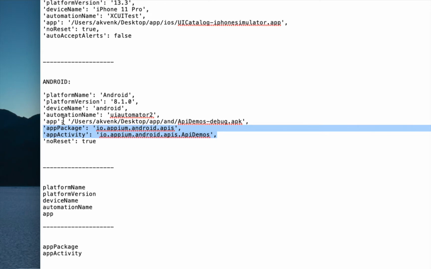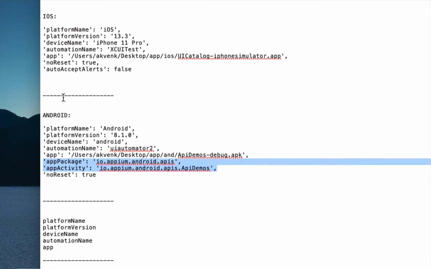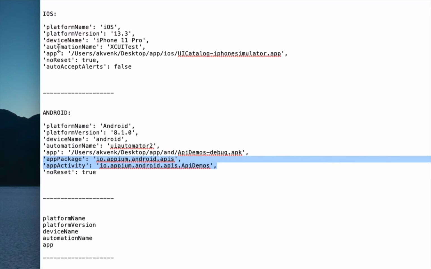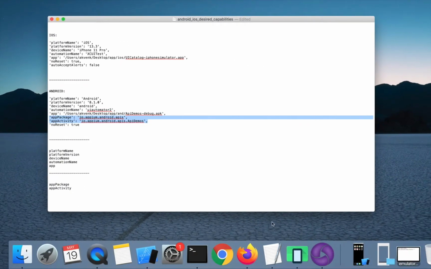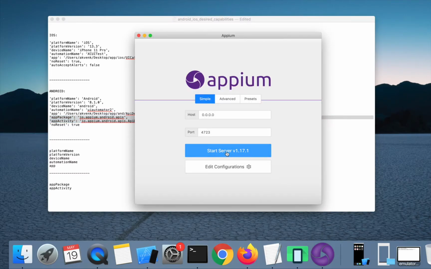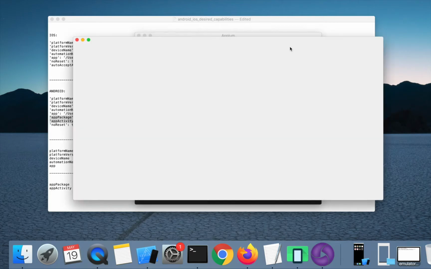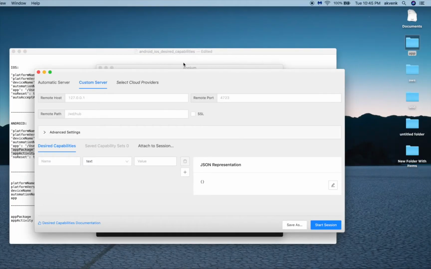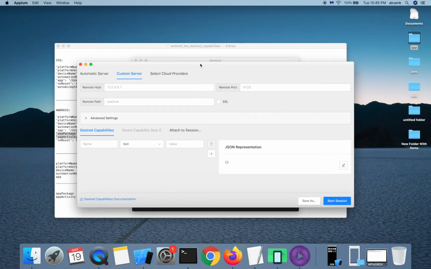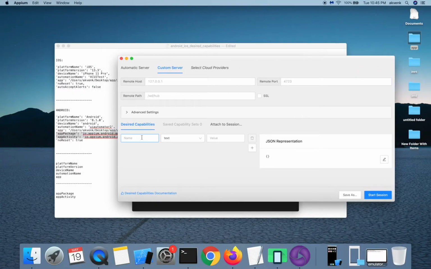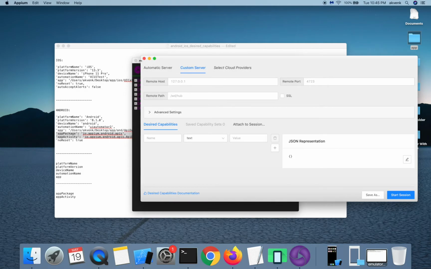Now let me quickly set the iOS desired capabilities in the APM. I'm going to start the server and then click on the Start Inspector Session option. I'm going to quickly set the desired capabilities.